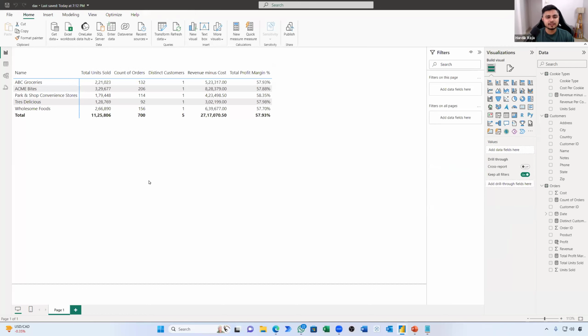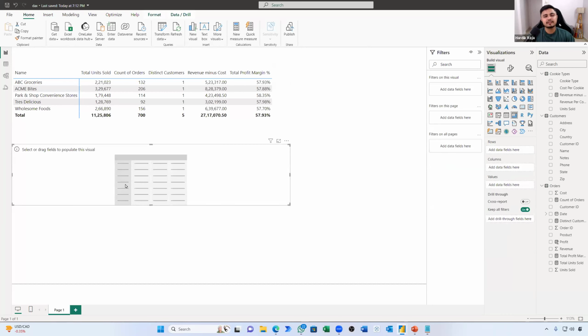See this. What I will do is I will come to my blank canvas, my Power BI report. I will add one matrix here. The moment I add a matrix, two, three people always say, Hardik, I don't know what to put in column, what to put in row. Trust me guys, it's a human-level problem. Out of 100 people, there will be many who might get confused, and just to make sure you feel comfortable, I'm one of them. I also get confused in rows and columns since childhood, since my school days.